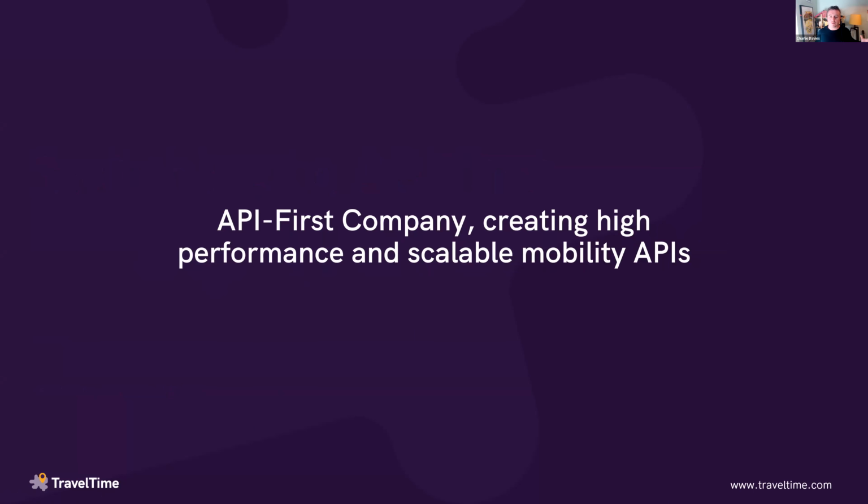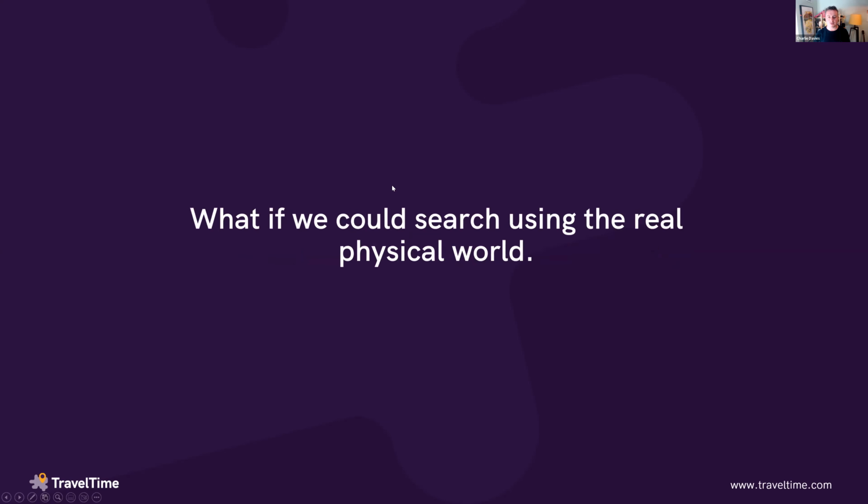Now, that's a lot of words, and it might not mean too much off the bat, but the best way for me to describe the reason why we started developing TravelTime and the problems we were trying to solve is based solely in location search and the matching of location data. And it started off with this idea that what if we could search using the real physical world inside of search? So what I mean by that is that when we're doing searching majoritively on locations today, we're limited by